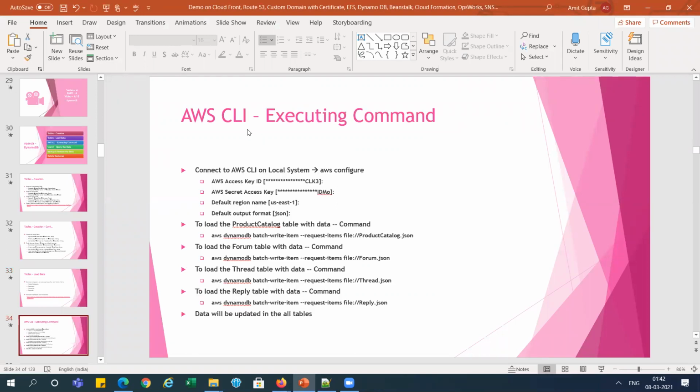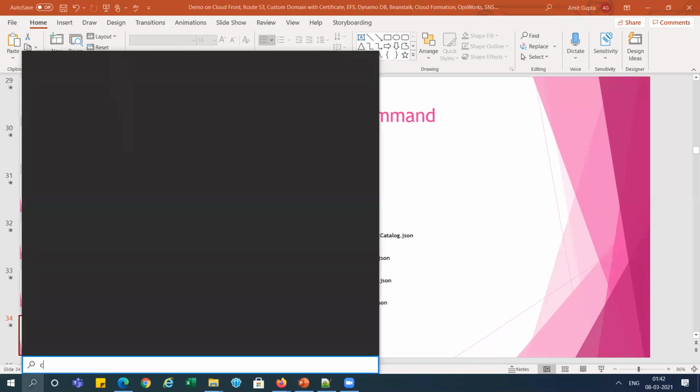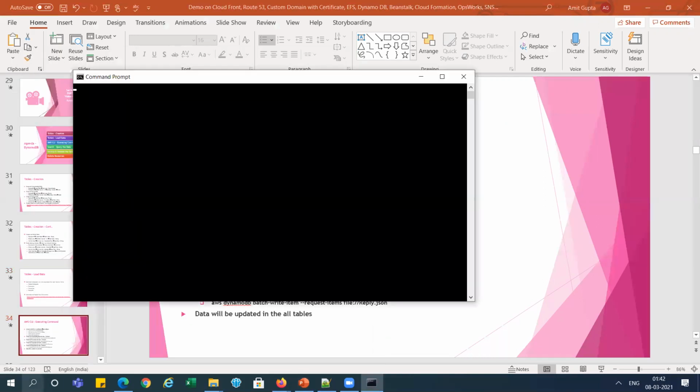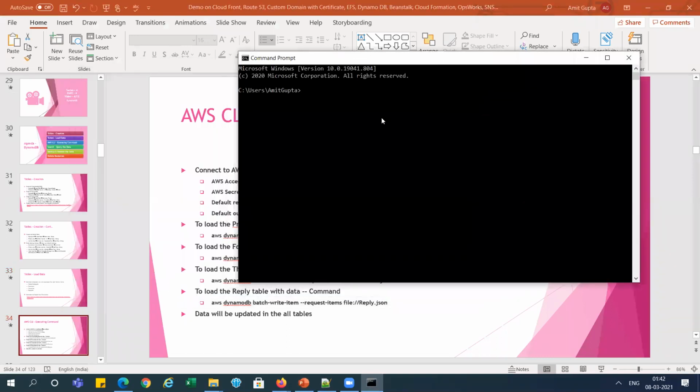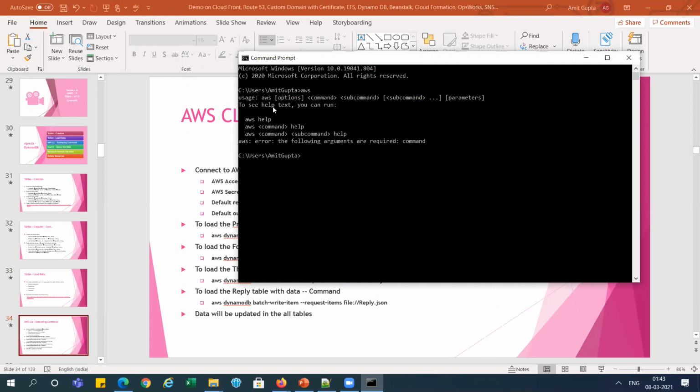Now what we need to do, we need to execute, we have the AWS CLI, right? So let's go here. I am running my CMD from the local system. I've already installed AWS CLI in my local system. So if I run aws, it is showing the option aws help, right?